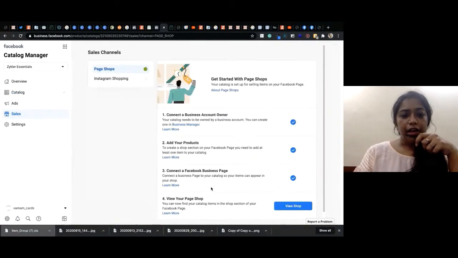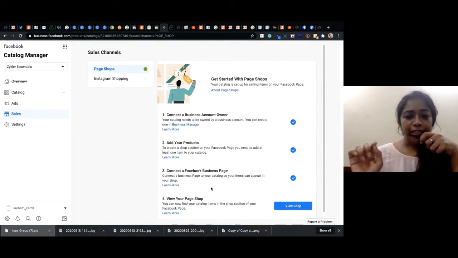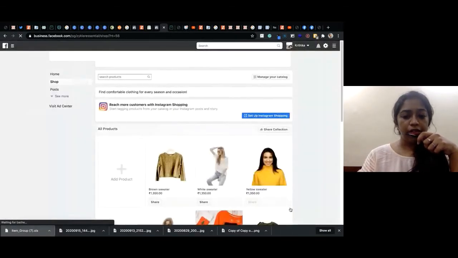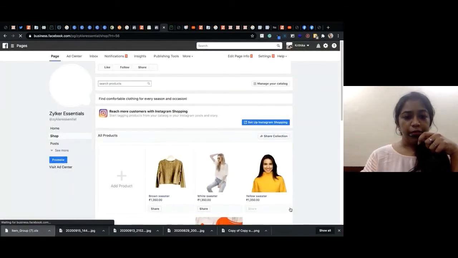Now that we have done that, let's see how to set up your Facebook shopping page. You click on sales, and once you click on sales, you can see, I did not record this aspect. I'm very sorry about that, but it is as simple as clicking setup. Instead of this checkbox, you would get a set up Facebook store button, and once you click on it, it gets automatically set up. Clicking on view shop is just going to give you a gist of how your store is going to look. So this is how your Facebook store looks.